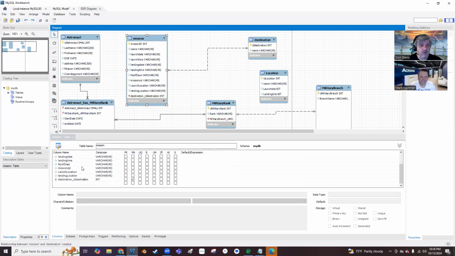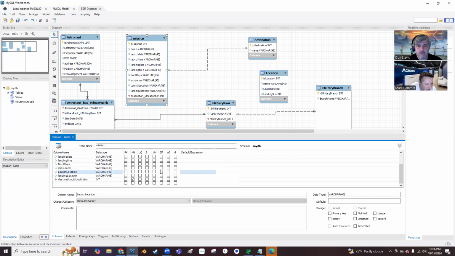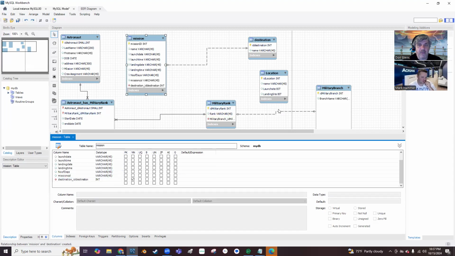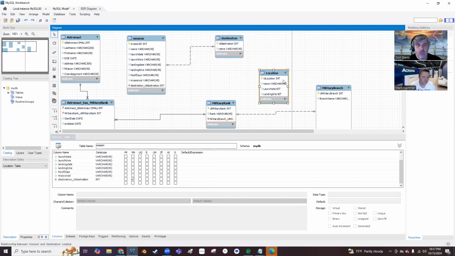So here, I'm going to get rid of my launch location here. And watch what I'm about to do. I'm going to go into launch location and landing location, and delete those, right? And then I'm actually going to foreign key this twice to this table. I could theoretically make a many to many, but I don't want to add tables where I don't need them, right? So what I'll do is my foreign key here, my one to one, and I'm going to call this